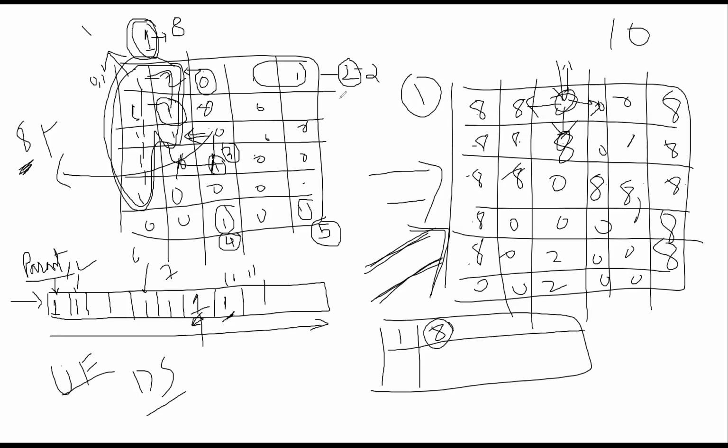It may happen that the entire grid has only 2 ones and the rest is 0, so you don't want to burden your parent array. So it's essentially a lookup data structure, which will help you immediately